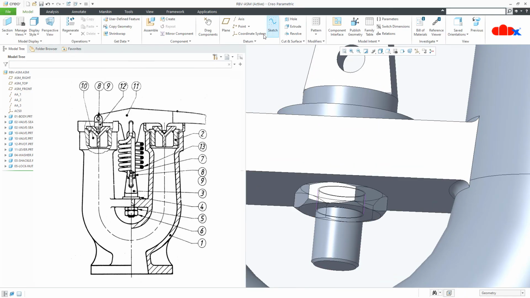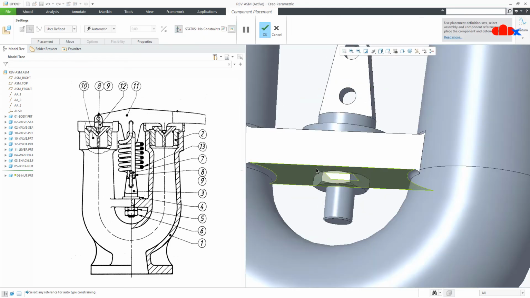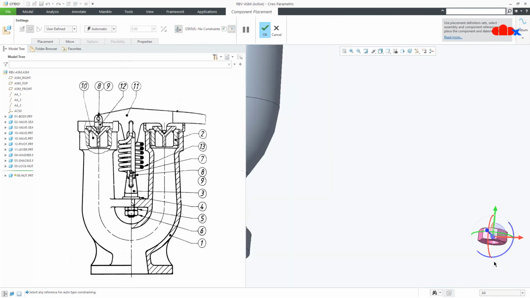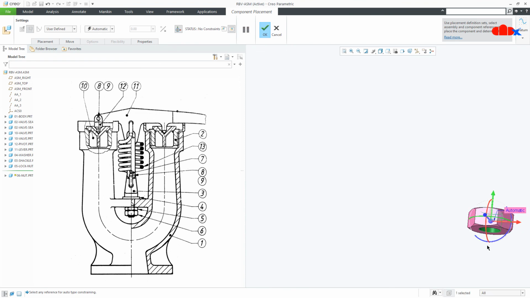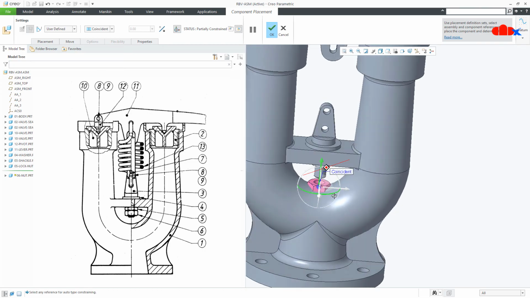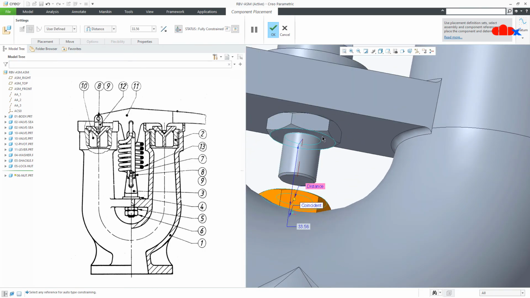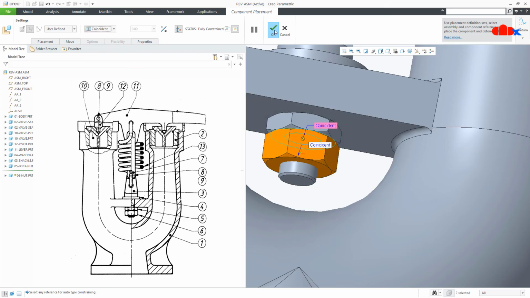OK. Similarly, part number 6, select this face with this one, and then you select this face with this face, make it coincident and say OK.